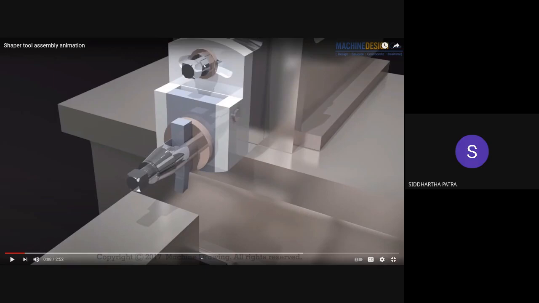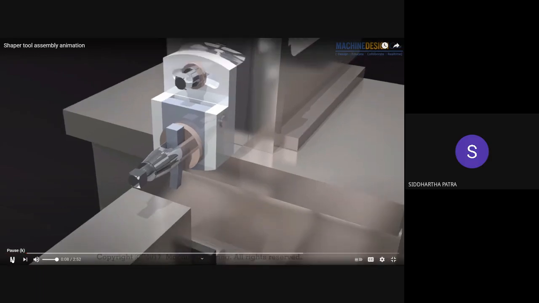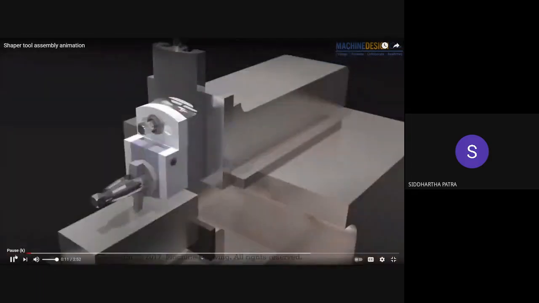Once you remove this clamp screw to rotate the swivel plate, there should be another pin right there, which is not shown here. It ensures that once this clamp screw is removed, there is essentially a pin joint between the vertical slide and the swivel plate. That is not shown here, but that is ensured. Okay, so let's look at the exploded view.